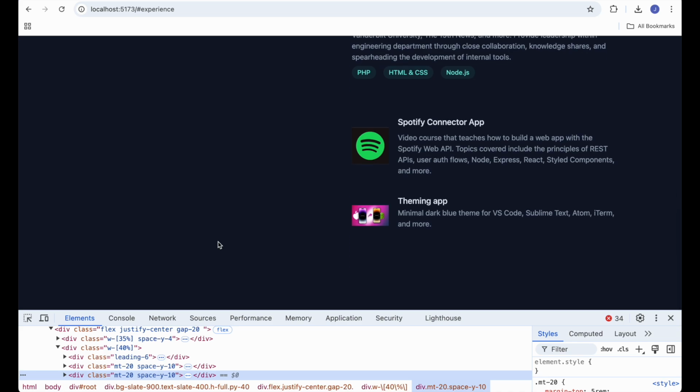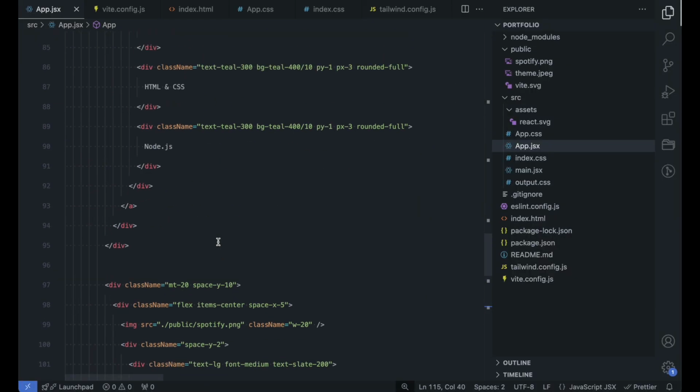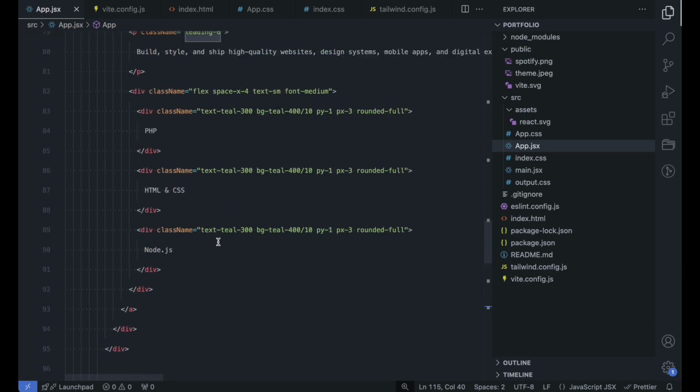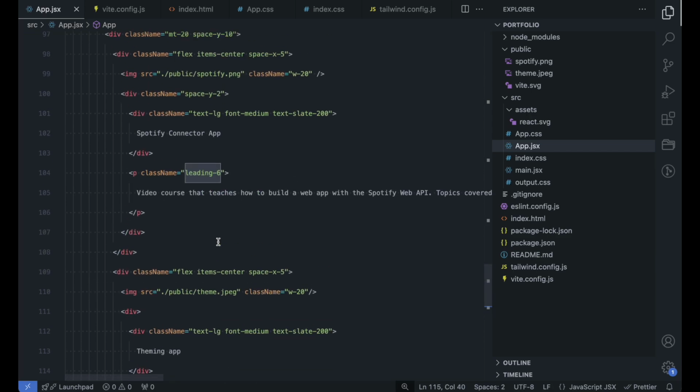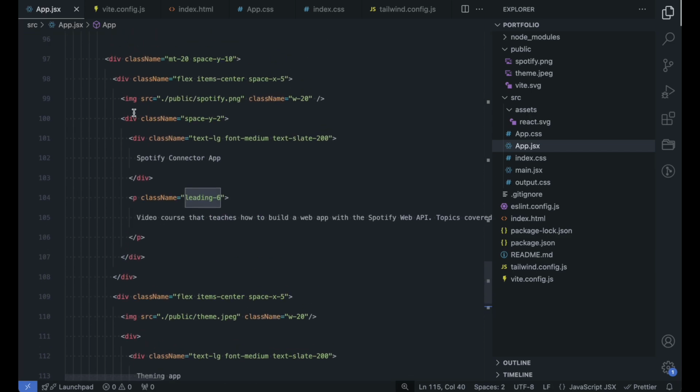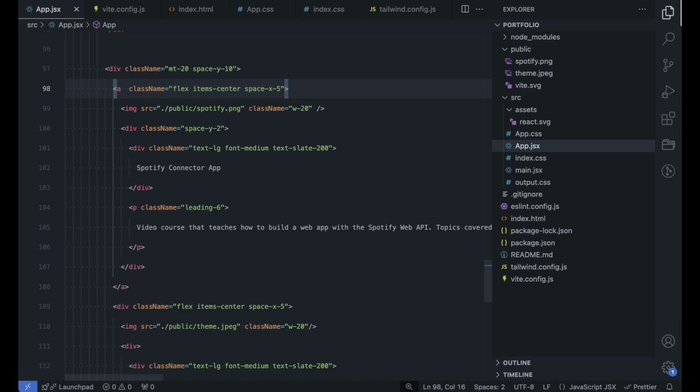So I have two projects, and now that my projects are ready, because I want others to click on the projects and to be redirected to my GitHub portfolio that has the code for this project. So what I'm going to do is replace the div of each of the projects with an anchor tag instead, and I'm going to add an href which will have the GitHub link,